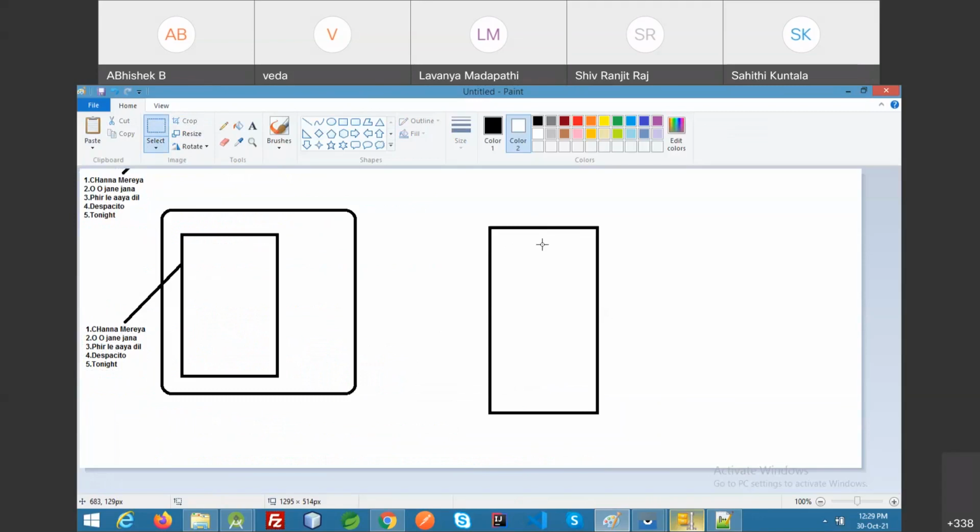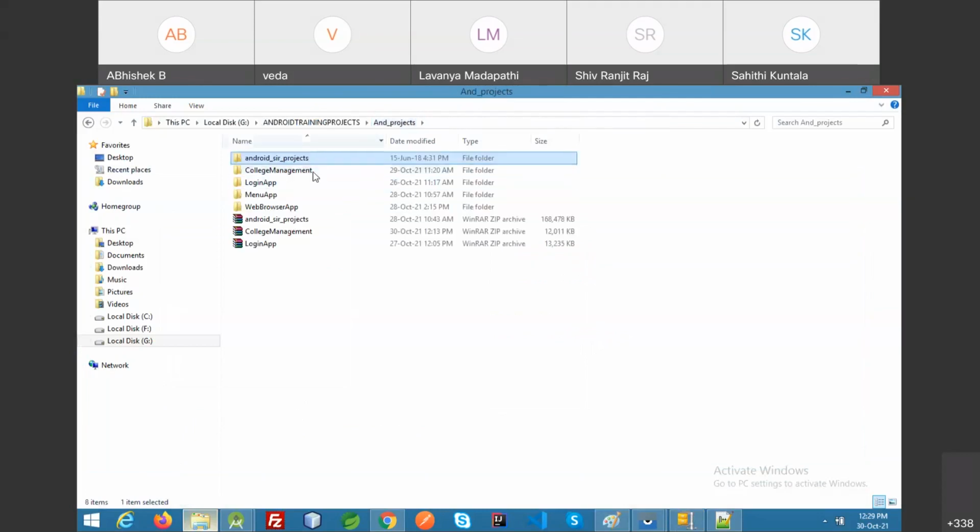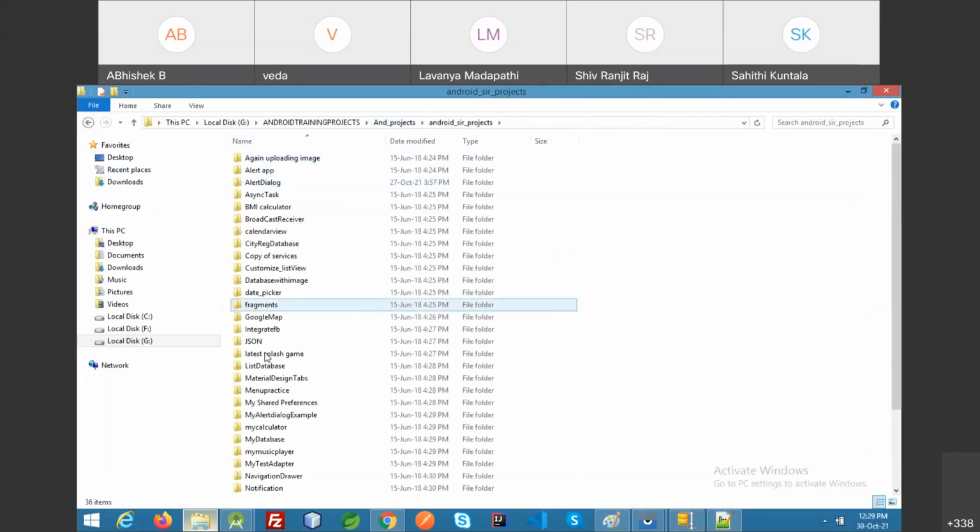You have that list, and then click, and then you need to play. We will see it in other code. First of all, we will have that JSON parsing.